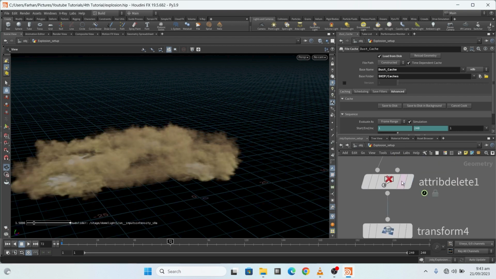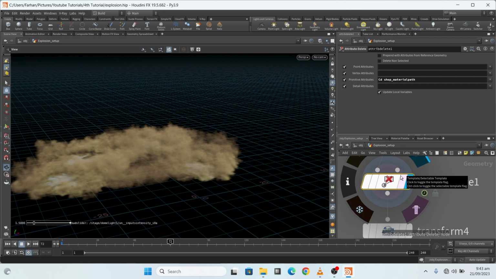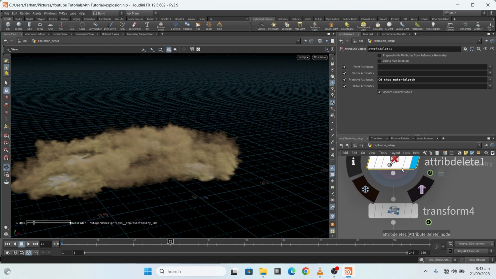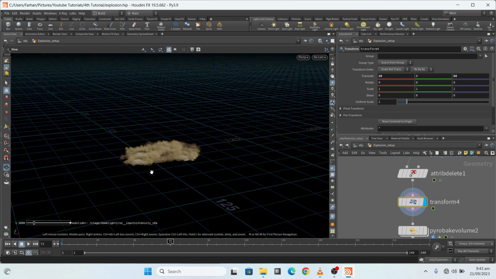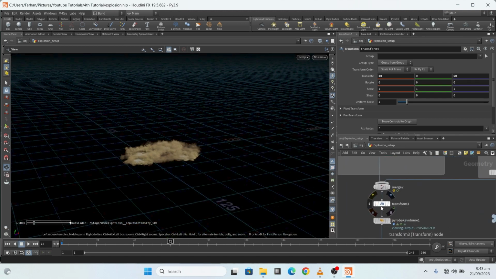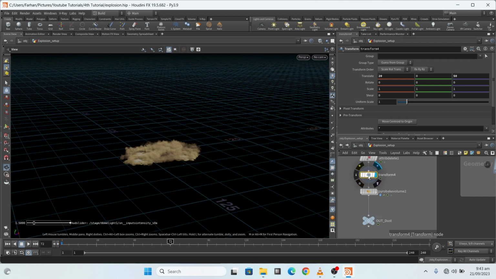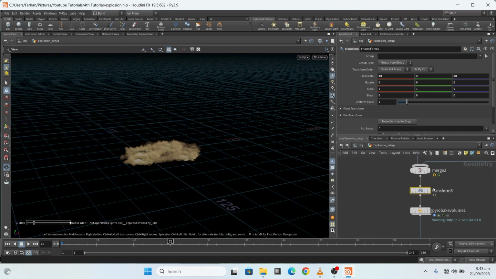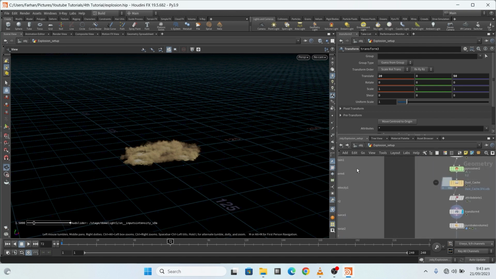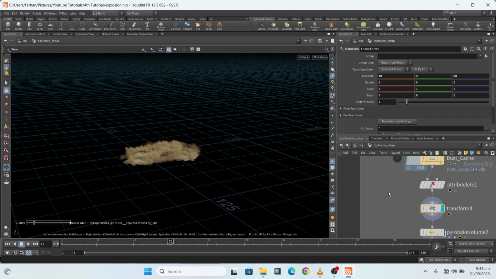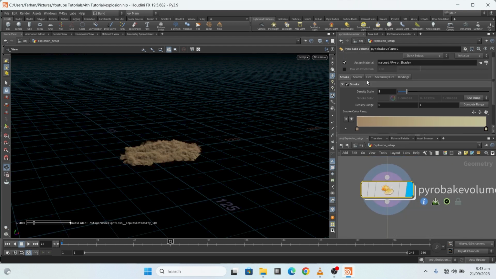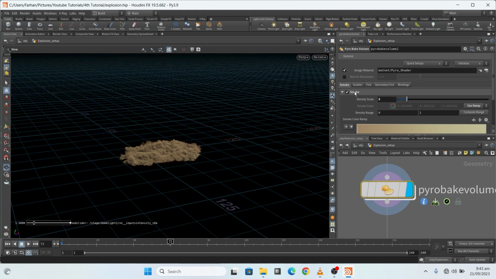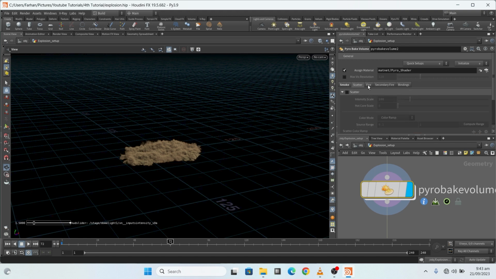Then here I add an attribute delete and I delete CD and swap material, but this is not necessary. Again I add a transform node. Actually, I copy this transform node and paste it here. These transform settings and these transform settings are the same. Then again I add a Pyro bake volume and add some color only in the smoke, not using scatter fire